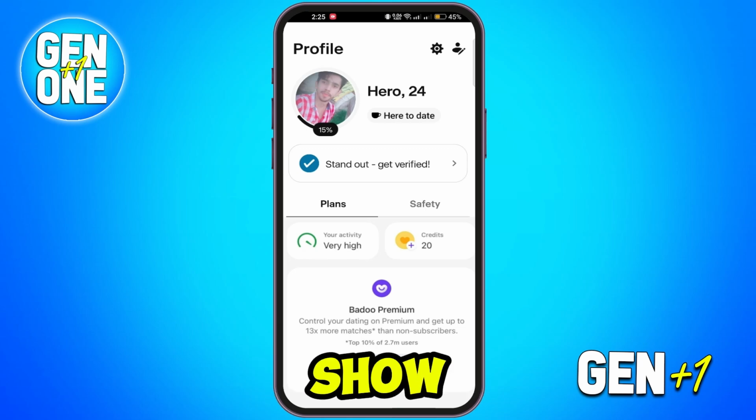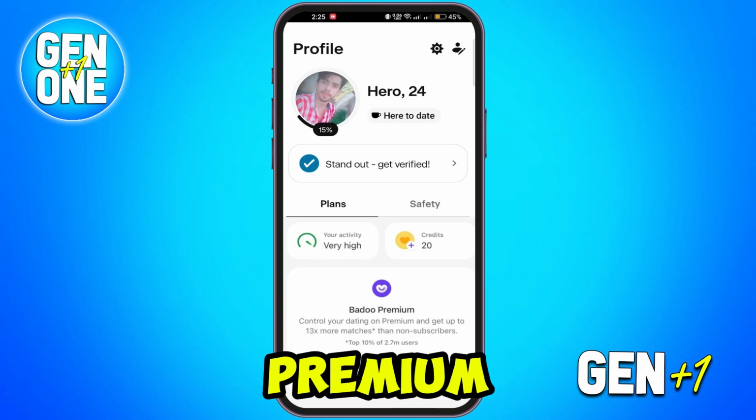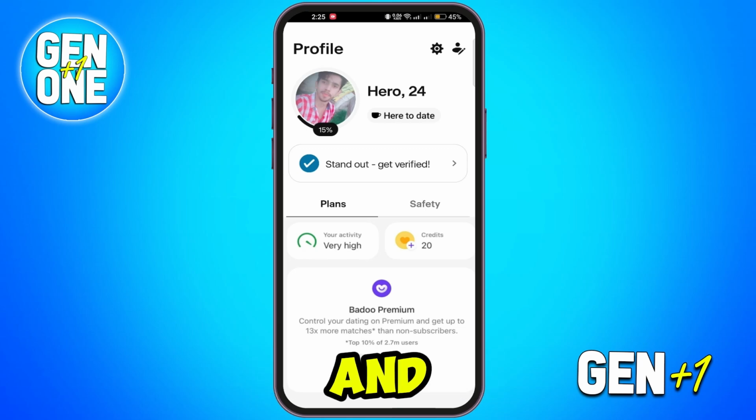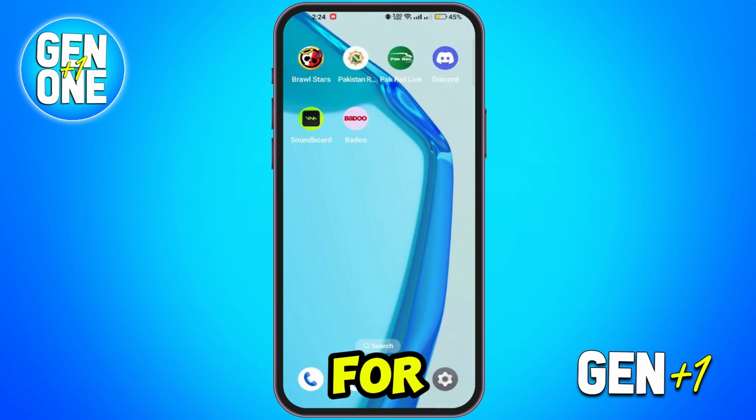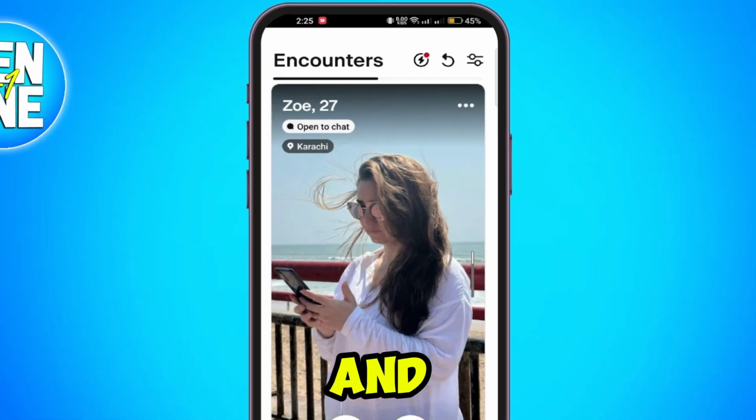In this tutorial, I will show you the secret to activate Badoo Premium for free. You can see here, I got Premium and how you can get it. Simple. Follow this tutorial. For the first method, you can open your Badoo app and you will see here the dashboard